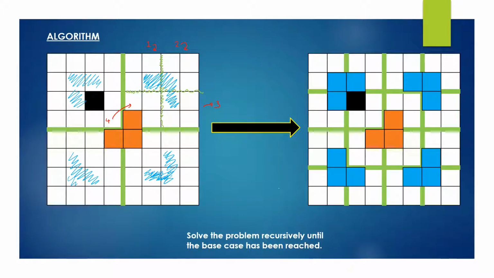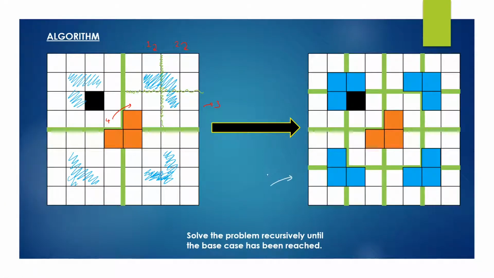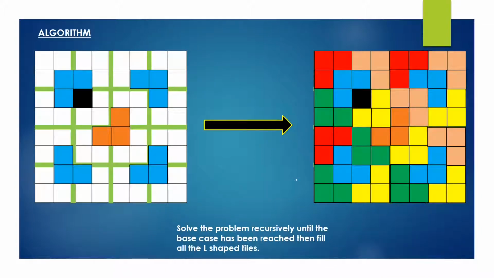And the next step, this step pretty much shows what I've done, right? So this is the output of this step. So what I've done is basically solve the problem recursively till the base case has been reached. Now my base case was a 2 cross 2 square, right? So after I've divided my 4 cross 4 into 2 cross 2, I've come to know that I've reached my base case. So what I'll do now is, with this step, I'm going to be filling all my remaining tiles in my 2 cross 2 with my simple L-shaped tiles, because this is our base case.